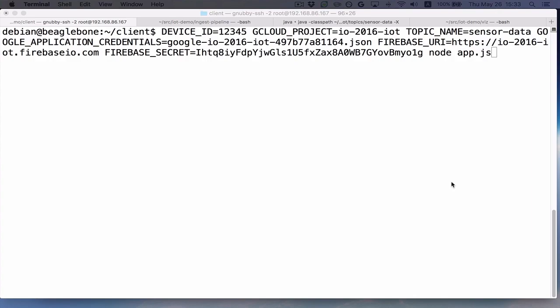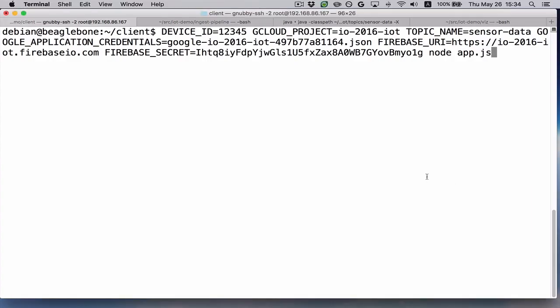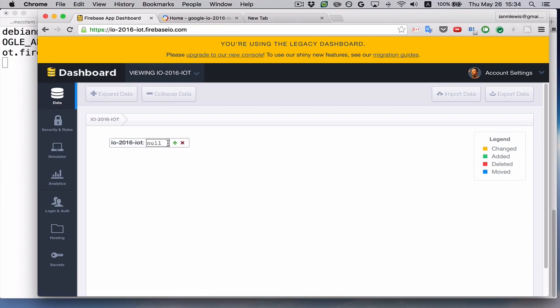So first, I want to start my application. Here, I'm on my BeagleBone, and I'm going to start my Node.js app. This takes a second to start up. But once that starts up, we should be able to go into Firebase. I have my Firebase, this is actually the old console